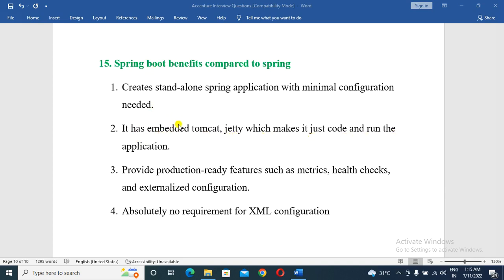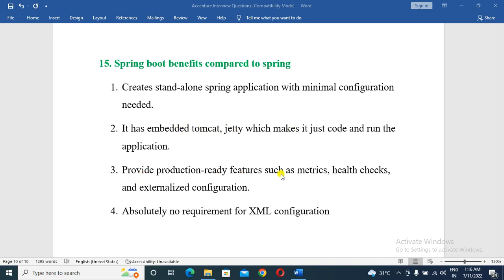In Spring we cannot create a standalone application, but in Spring Boot we can create a standalone application with minimum configuration. Spring does not have an inbuilt Tomcat or Jetty server, but in Spring Boot we have inbuilt Tomcat and Jetty servers, so there is no need to use an external server.